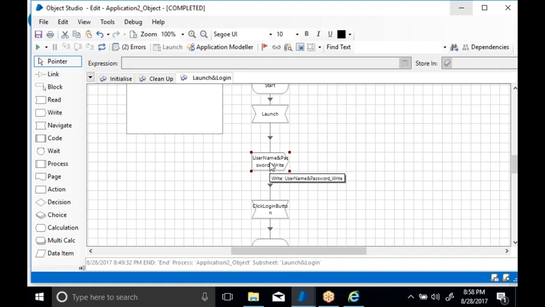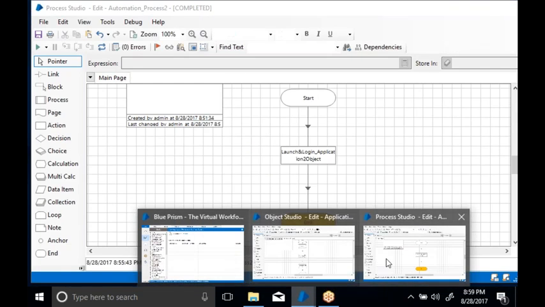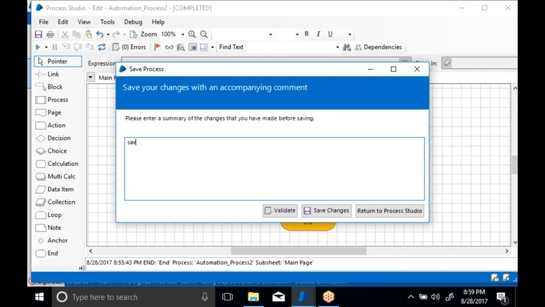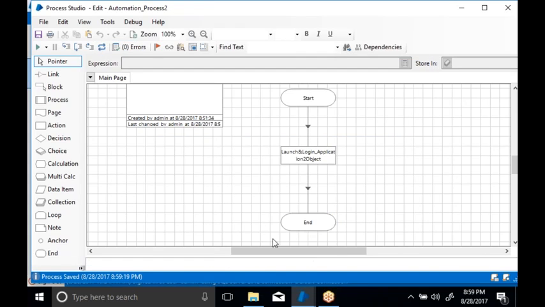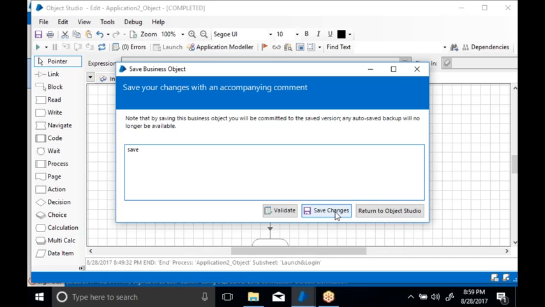Why can we put them in the same stage? Because it is happening one after another simultaneously, where you can do both the activities, writing the username and password. Now if you run this activity, let's just save this. Whenever you save any object or a process, it will always ask you for a description. Why are you doing the save changes? What changes have you made to the existing code, that all should be done. Now save this and reset, and save these also. Save this, save. I will always give just save as a description.